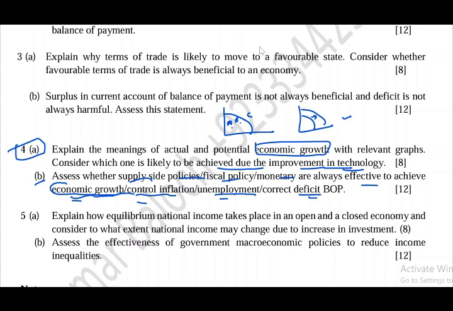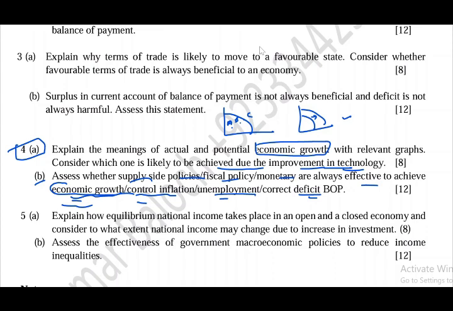You can explain any 3 of them, and you can say that if government wants to achieve economic growth in the long run, then government can provide subsidy to the private sector, and subsidy will increase aggregate supply in the country because investors will be comfortable investing more money in the business, and as a result overall GDP of the country may rise, and economic growth in the country may increase.